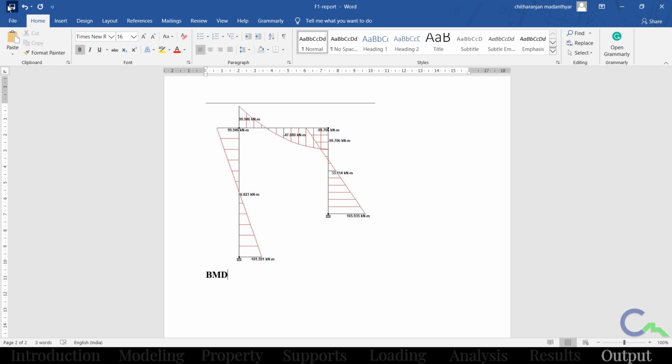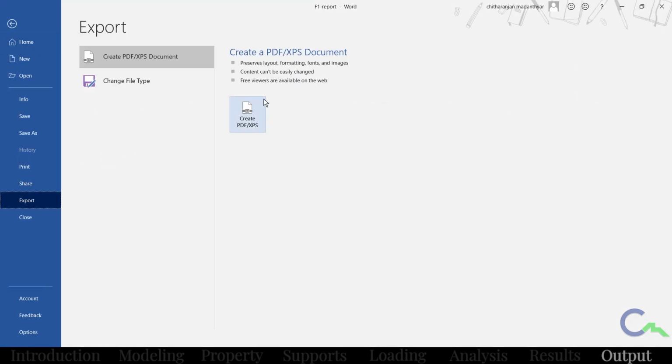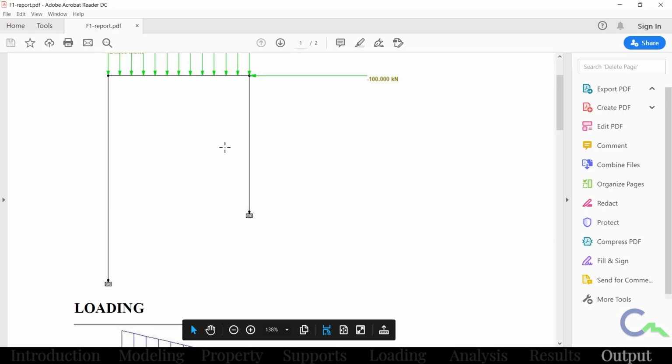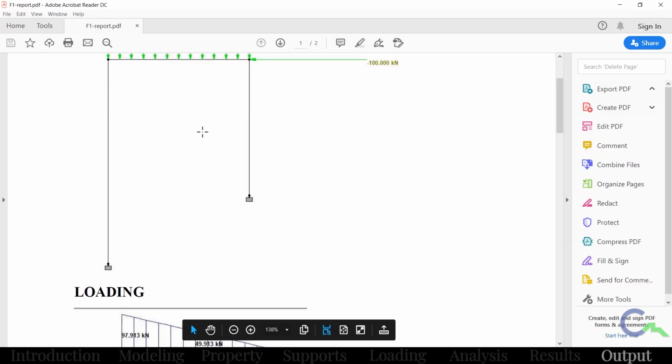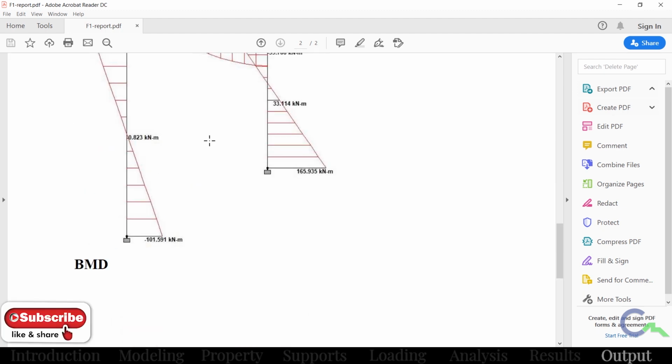So I can export this as PDF. I got the report of the frame, which has the loading values, shear force diagram and bending moment diagram. Thanks for watching.